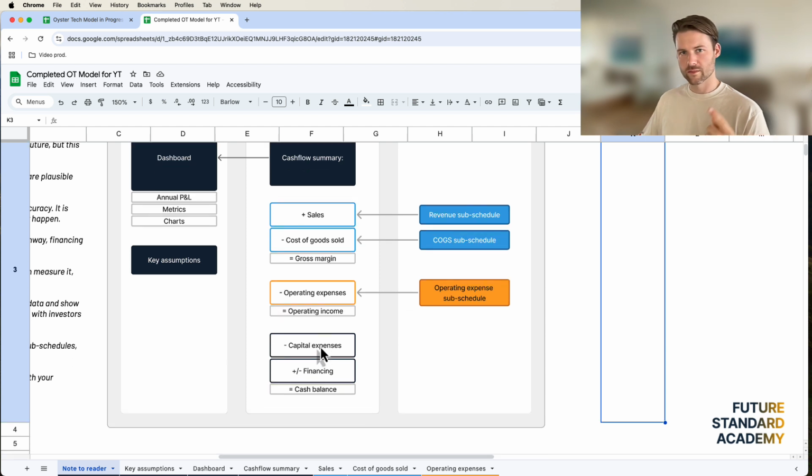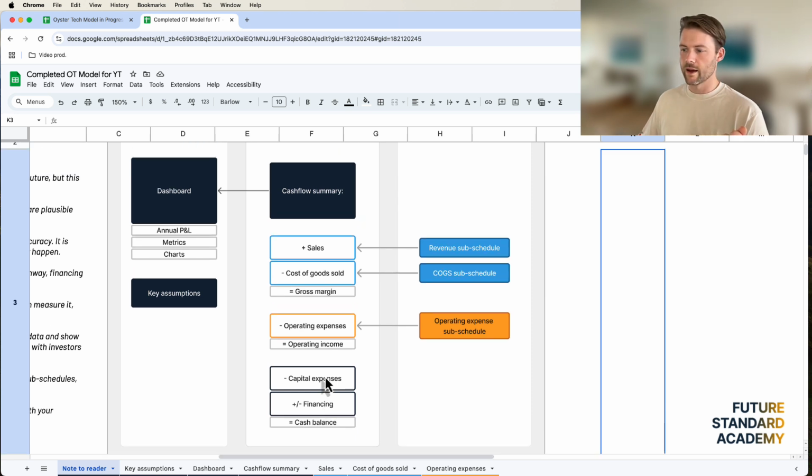Then there's two other things. Anything you do regarding capital spending, okay, so investing in longer term assets, durable assets that are effectively investments. And then there's going to be financing, and that could be a cash inflow or a cash outflow. To be fair, both of those can. And the combination of operating income, capital expenses, financing, that's what's going to get us to the cash balance when this is all over. And so that's kind of the roll up here where everything comes together before it's